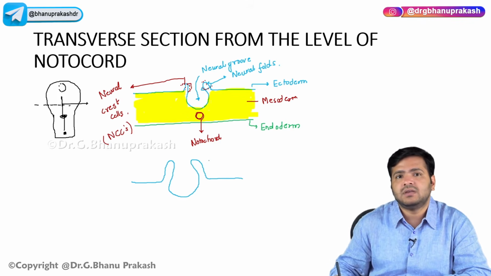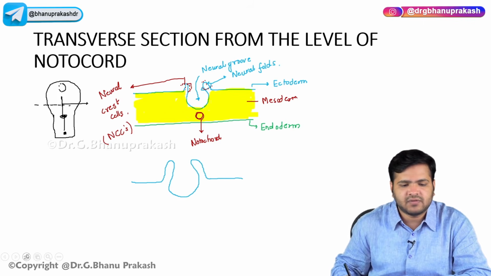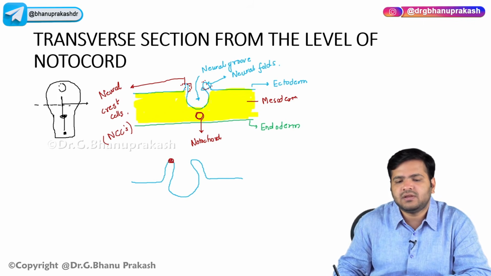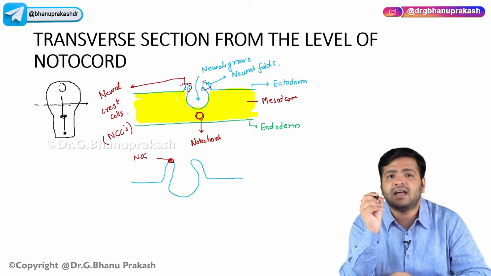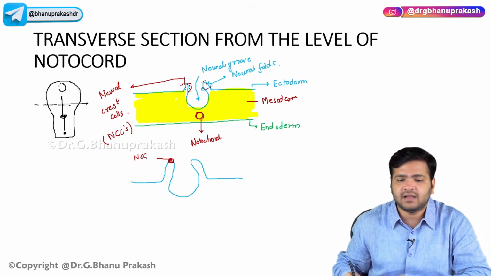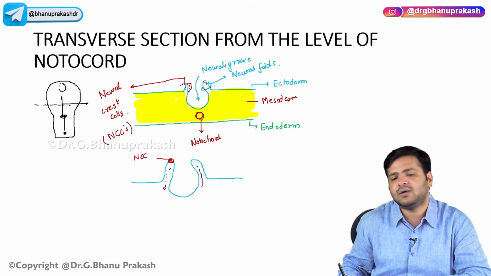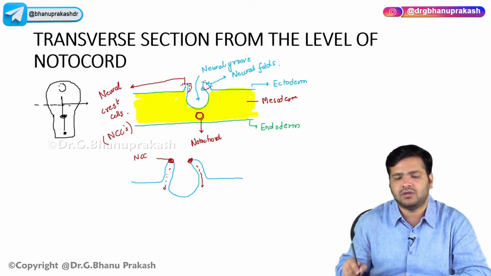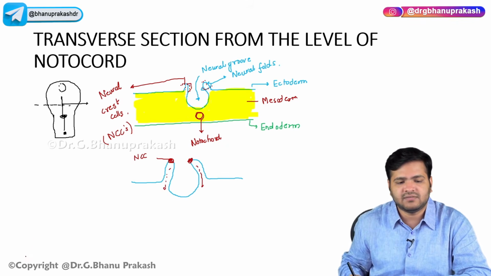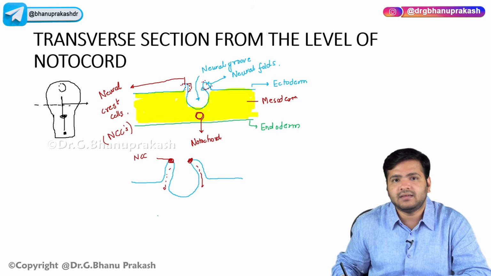Now what will happen? Now suppose this is the neural crest cell. These neural crest cells will detach themselves from there, and they will come to the sides of the neural folds, okay. Now again, what will happen? Let us draw this. The next step, what we will see is